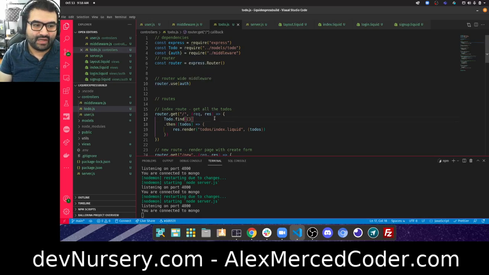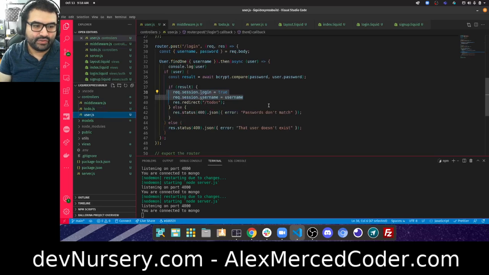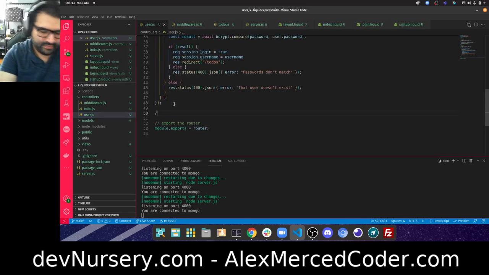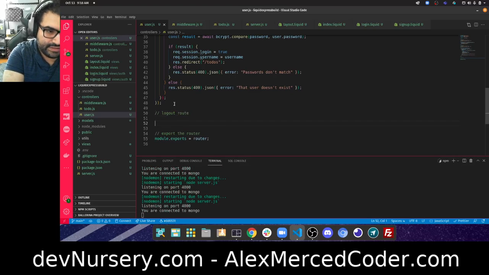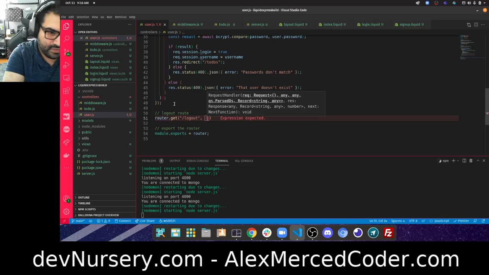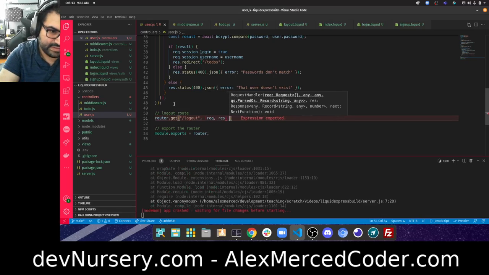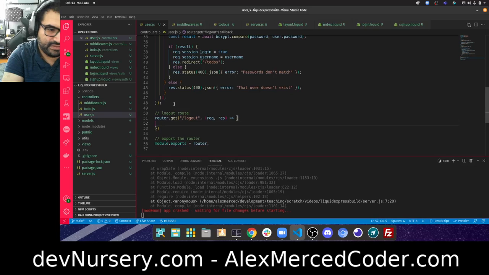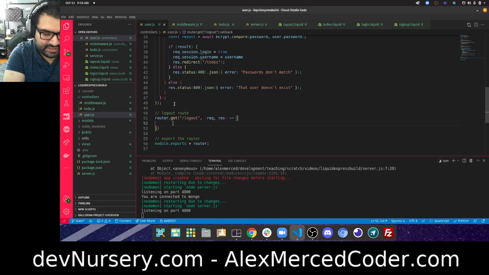Okay. Now on top of that, I'm going to need a logout route. Okay, we want to log out. So let me head back to user. And we're going to create one more route, a logout route. This one's going to be pretty straightforward. And it's just going to be router.get /logout. And the function, we'll just do req, res. And all this is going to do is one